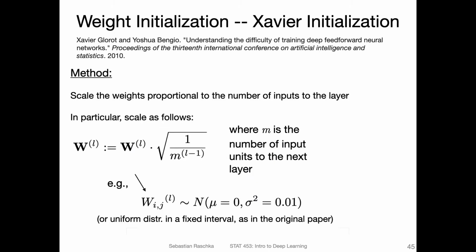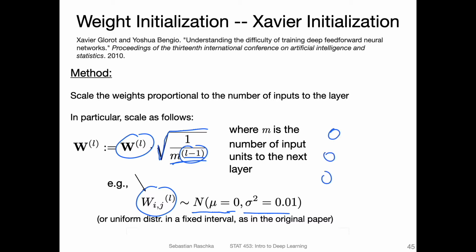So here's how it looks. Assume that the weight is initialized from a Gaussian distribution with mean 0 and a small variance. Let's say this is our weight matrix from this Gaussian distribution, or it could also be a random uniform distribution, sorry. And then you scale it by a factor of the square root of 1 over m_(L-1). So what is m? m is the number of features, and L minus 1 is the layer index. So L minus 1 means the number of features in the previous layer.